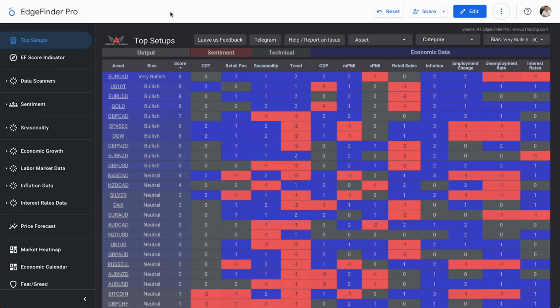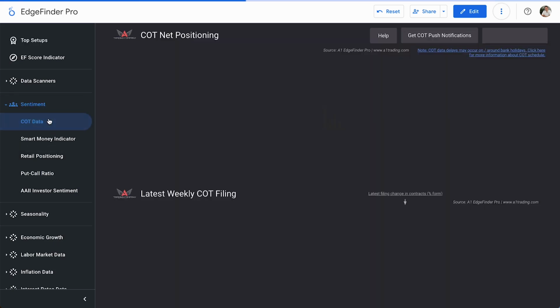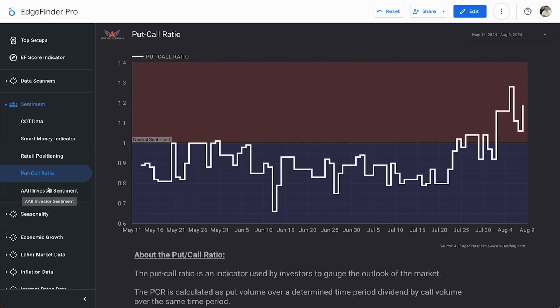Now, normally when we do these videos, we take a look at two things before we get started. On Wednesday, when I put one of these out, we took a look at COT data and retail positioning. COT data does update on Fridays, but it always updates on Friday afternoon, so we don't have the new COT data quite yet. We will have that updated in the Edge Finder later on today. So instead, we're going to take a look at the put call ratio as well as the AAII investor sentiment